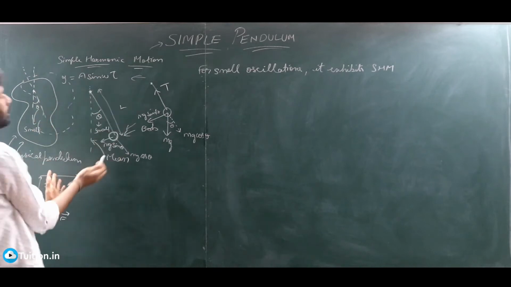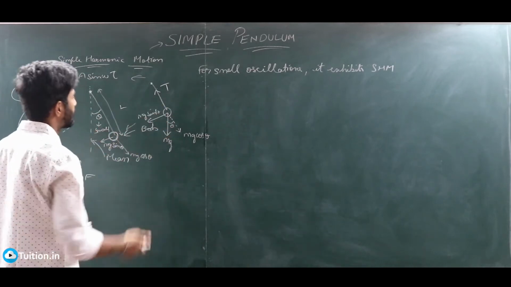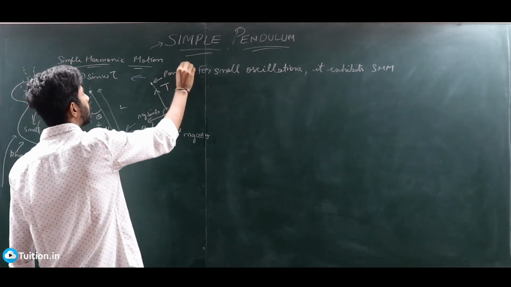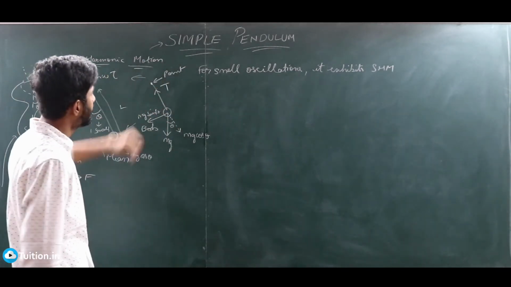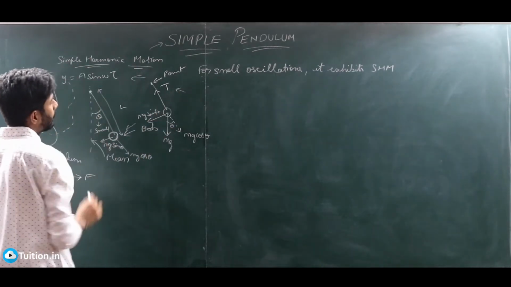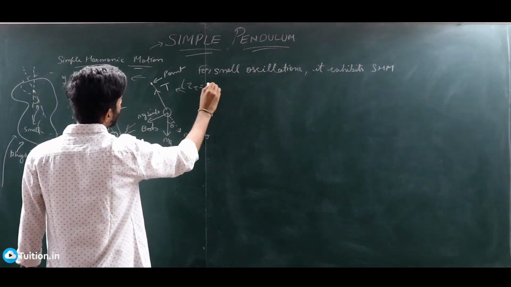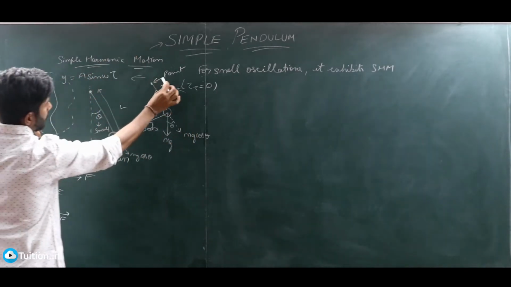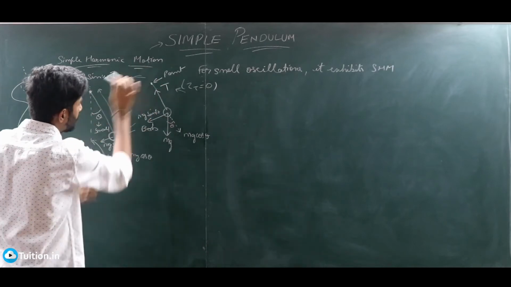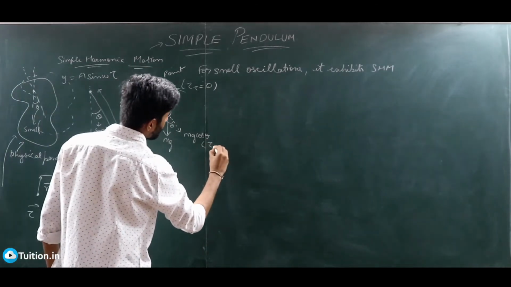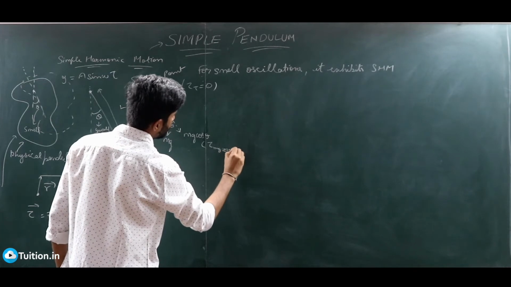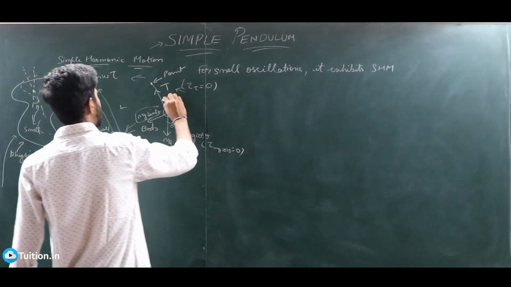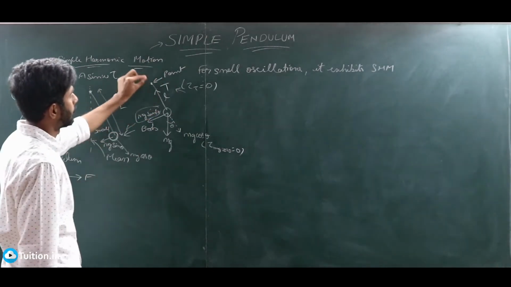So let's calculate the torque produced by each of these forces in this case. About this point, this is my point, I need to find the torque about this point. As you can see, tension is straight away passing through this point. So torque due to tension is 0. mg cos theta again is in the line of this point. So there is no perpendicular distance between the line of action of mg cos theta and this point. So once again torque produced by mg cos theta also is 0. But as far as mg sin theta is concerned, it does have a perpendicular distance of L from this point.